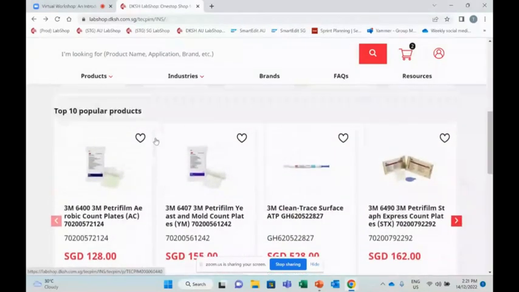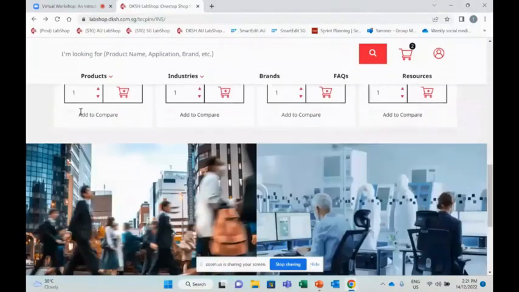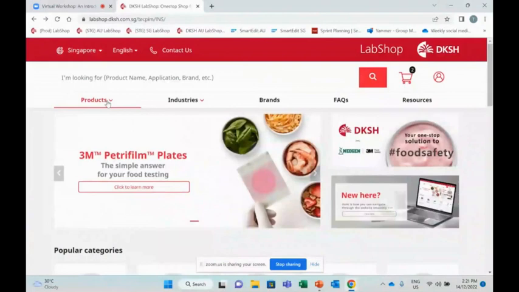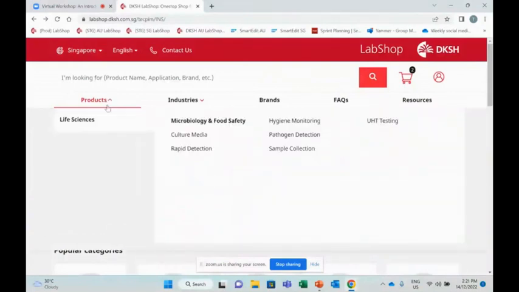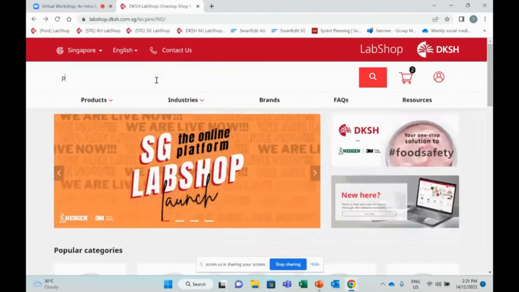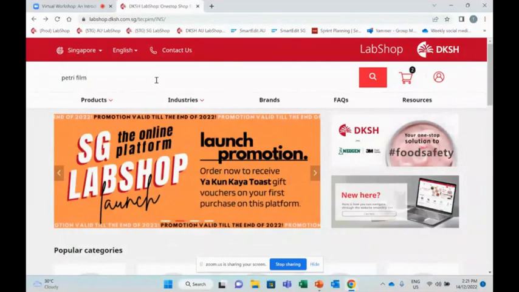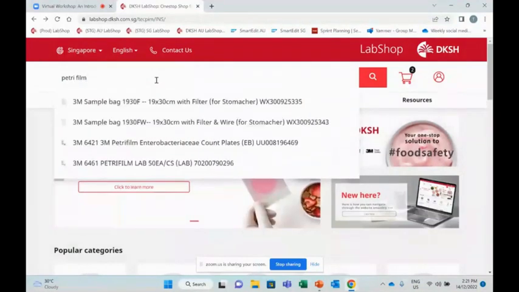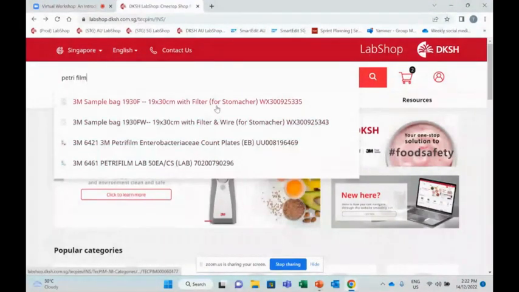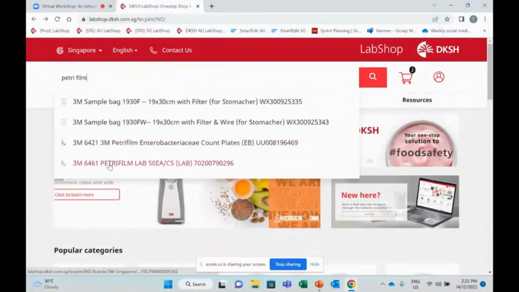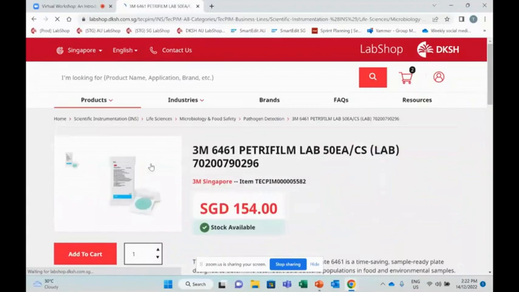We have also suggested to you our top 10 popular products over here. Or you can click on the drop down menu of the product and you will see the categories as well. So if you would like to buy, say, a battery plum, you will see the drop down of 4 suggestions matching your keyword or the part number. If one of them matches your search, you can click it and it will direct you to the product page.